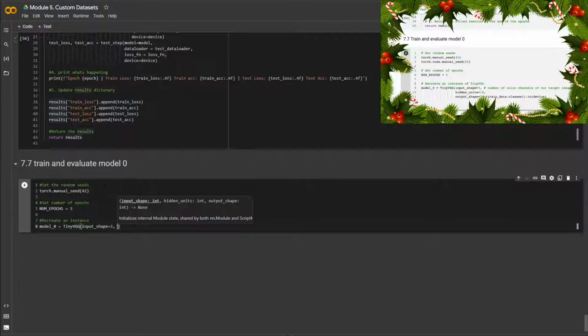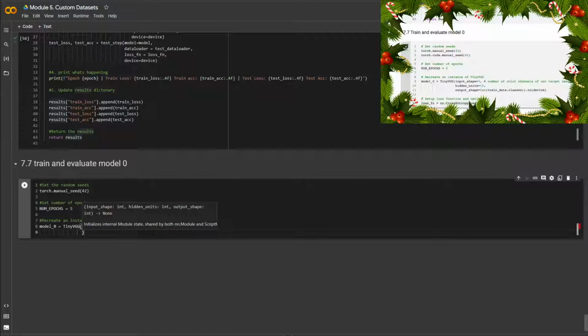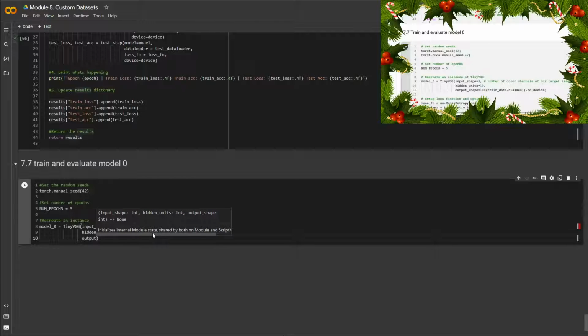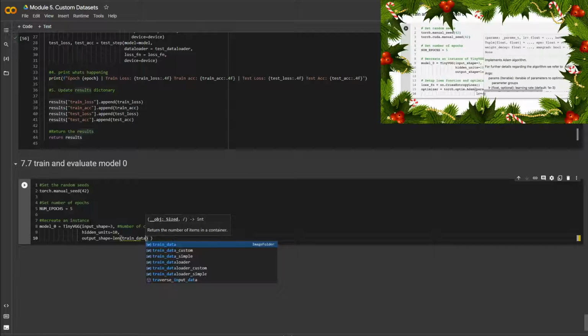So what do we do now? Well, we set up a loss function and an optimizer. Our loss function is going to be, because we're dealing with multi-class classification, nn.CrossEntropyLoss. And then we're going to have an optimizer. This time, how about we mix things up? How about we try the Adam optimizer? Now, of course, the optimizer is one of the hyperparameters that you can set for your model, a hyperparameter being a value that you can set yourself. So the parameters that we want to optimize are our model 0 parameters. And we're going to set a learning rate of 0.0